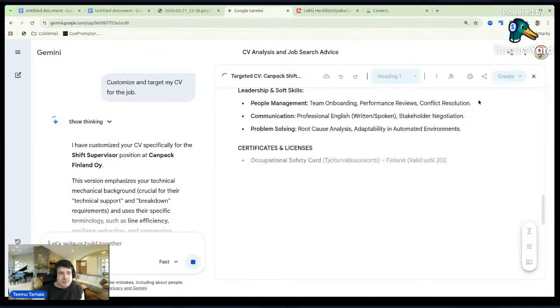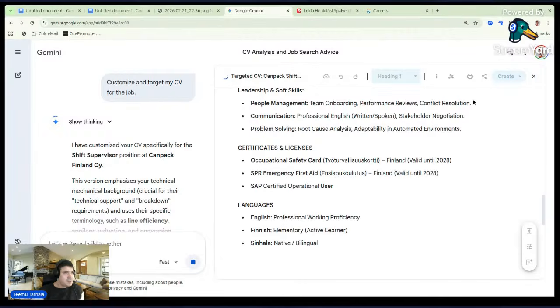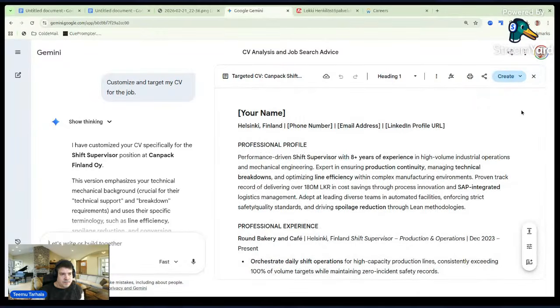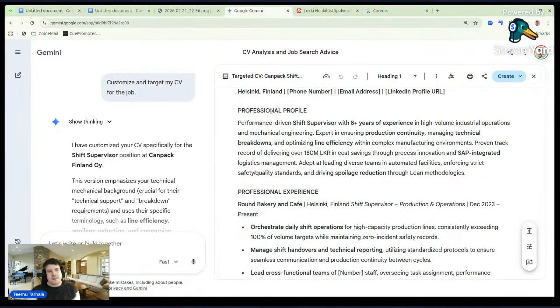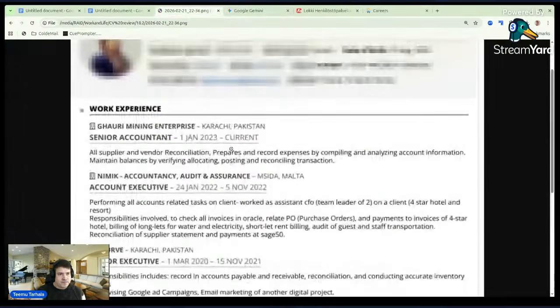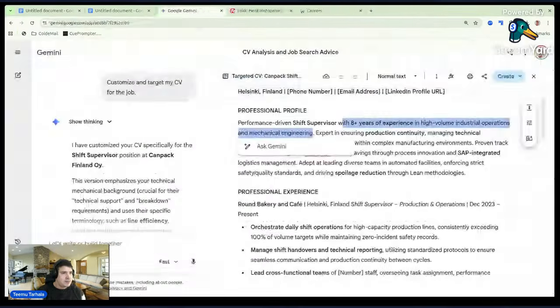And then we can compare our first CV and then what we have created. Okay. Performance-driven shift supervisor with 8 years of experience in high-volume industrial operations and mechanical engineering. That's not the one.